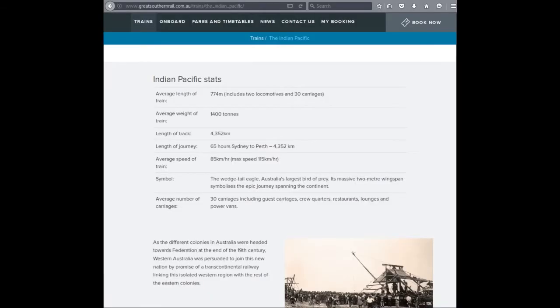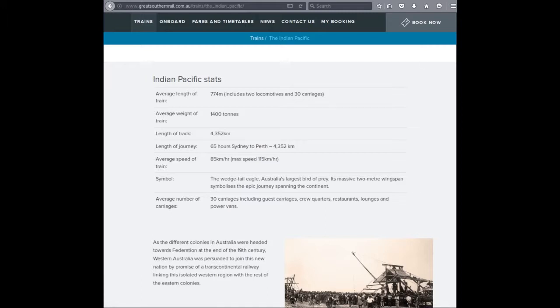So now let's look at some of the stats about this railroad. And this is right from their website. Average length of the train is 704 meters. 2 locomotives and 30 carriages. Now that's very important. 2 locomotives. Keep that in mind. Average weight of train 1,400 tons. Length of track